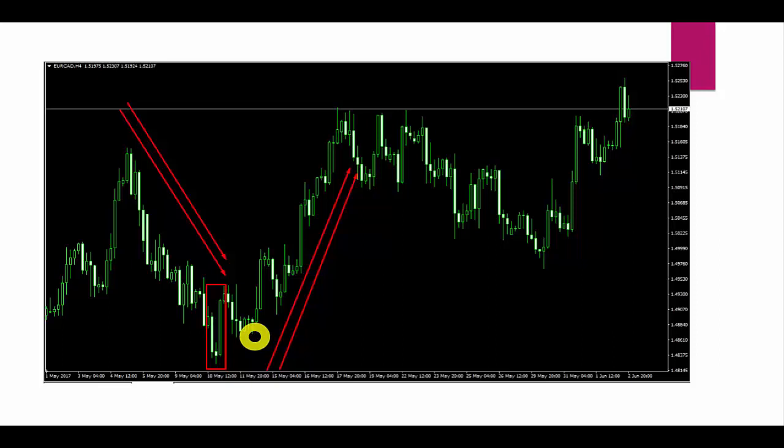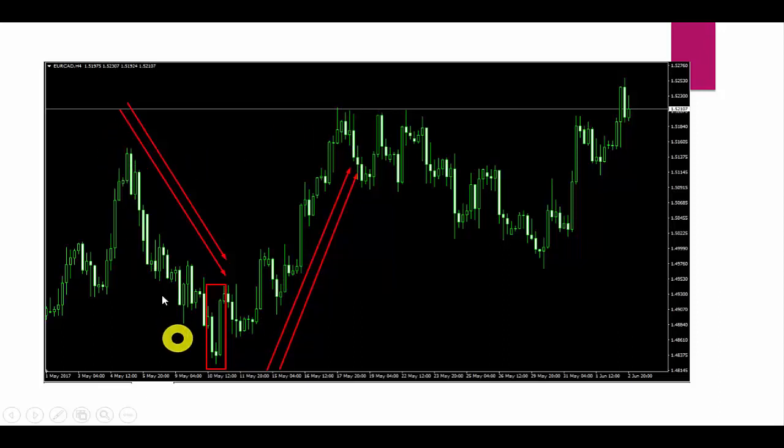And now how will we decide about our stop loss and take profit? Our stop loss would be the lowest point of this candle, the indecision candle. This would be our stop loss, and our take profit ratio should be a minimum 1 by 1 or 1 by 2 ratio, as I have already explained. So when this candle was closed, the market took some retracement, and right after that you can see the overall trend was changed and the market went up.